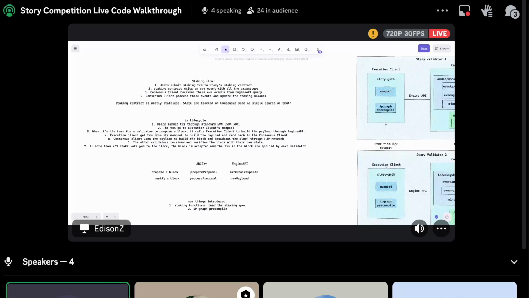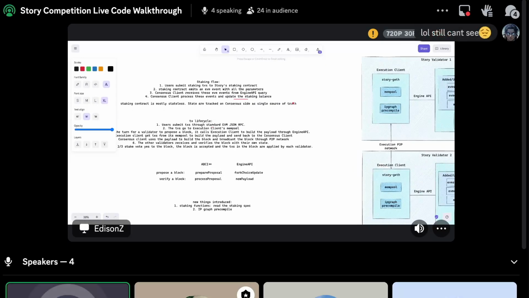That means users can use the same kind of EVM, Ethereum-type RPC to send transactions, and the staking will also go through the EVM side through our staking contract. So the high level flow is: users submit a staking transaction to our staking contract on the execution, basically EVM side. And then the staking contract does nothing but emit EVM events with all the user input, for example, how much the user wants to stake, and how long the period is, and that